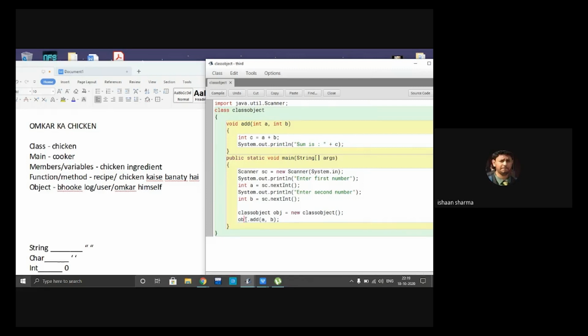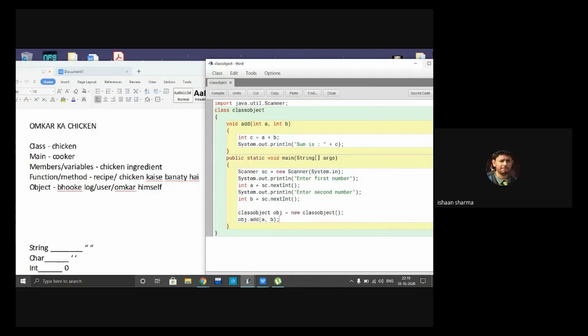In this sentence, using the object, we have called a function named add, which has two parameters of int type, namely a and b. What are the values of a and b? We have taken them from the user using the Scanner class. So we simply write obj.add, and in brackets a, b.